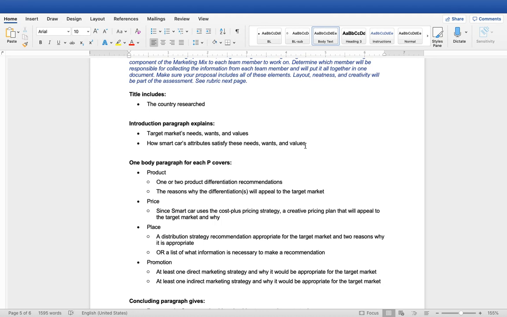In the introduction paragraph, you're going to explain your target market in detail. It may be one or two paragraphs. I want you to provide as much detail as you possibly can about your target market. Who is your target market? What's the age bracket, the demographics, income level, education level, male, female, married, children, no children, all the information. What's their lifestyle like? Are they independent, career oriented, college graduates,